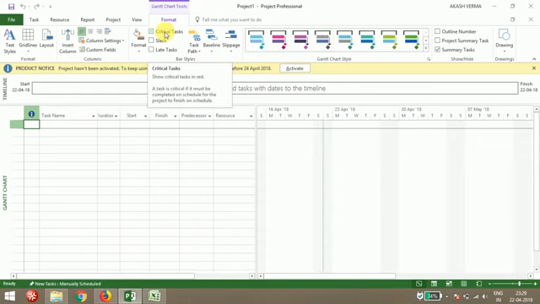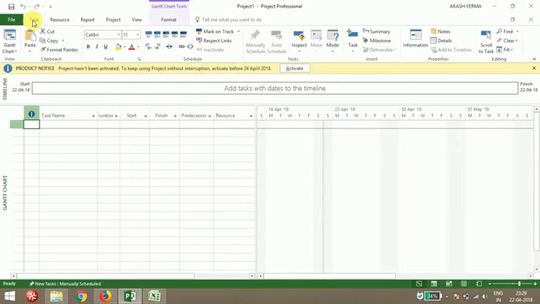When you click on critical tasks, it will show you which of the activities are critical. These tabs are similar to the tabs in Microsoft Word, so I hope you are all familiar with these types of tabs. I'm not going into detail with these. So let's start our project.